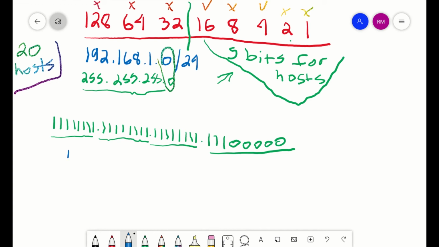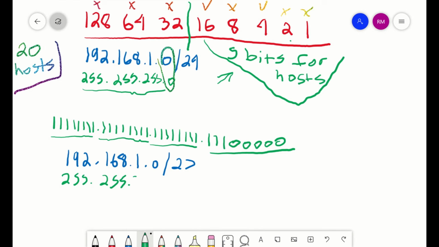So now we have 192.168.1.0/27. New subnet mask is going to be 255, 255, 255 dot, and then we look at these,